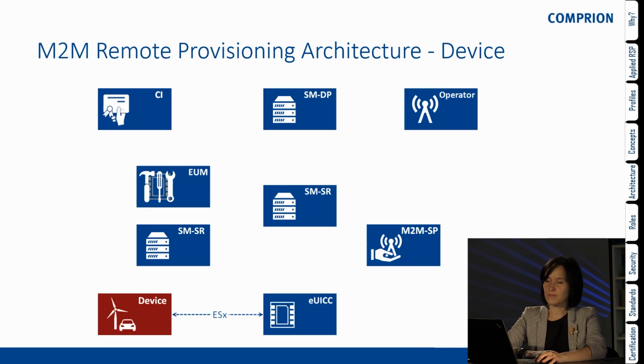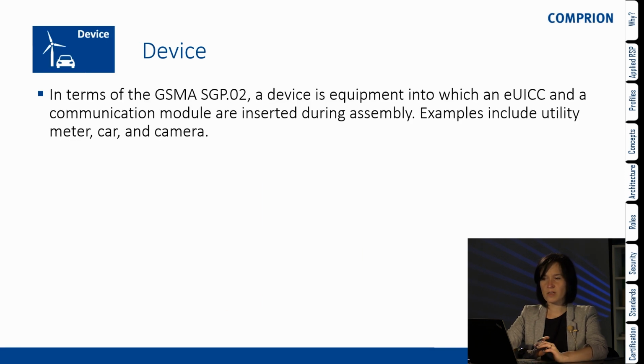Okay, device. So why do we have device and why is it only partially defined? Actually, before version 4 of the specification, GSMA had the position that a device can be everything. Therefore it's out of scope of the M2M specifications, because the device can be a wind turbine, or a car, or whatever. But actually, coming to the cars, especially